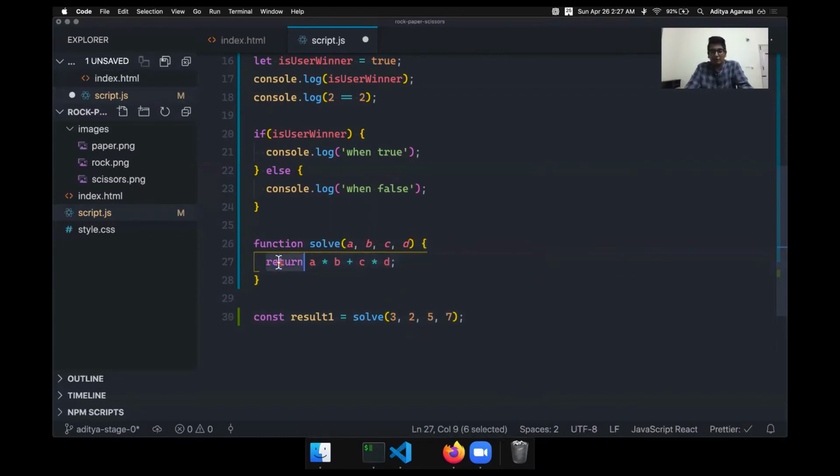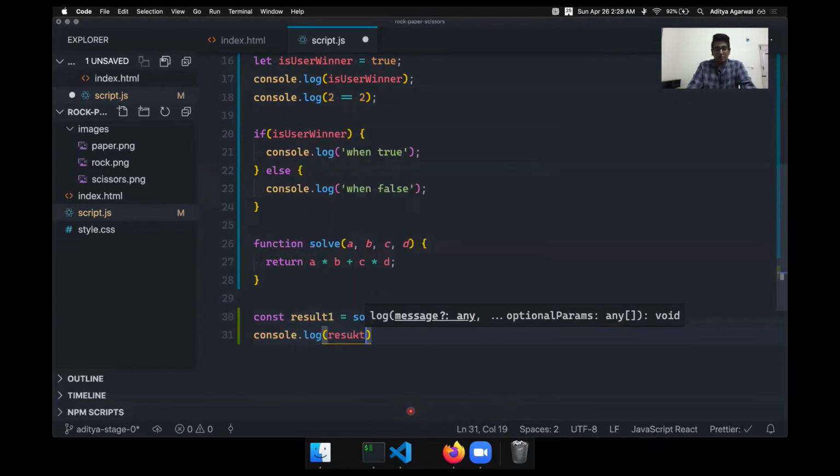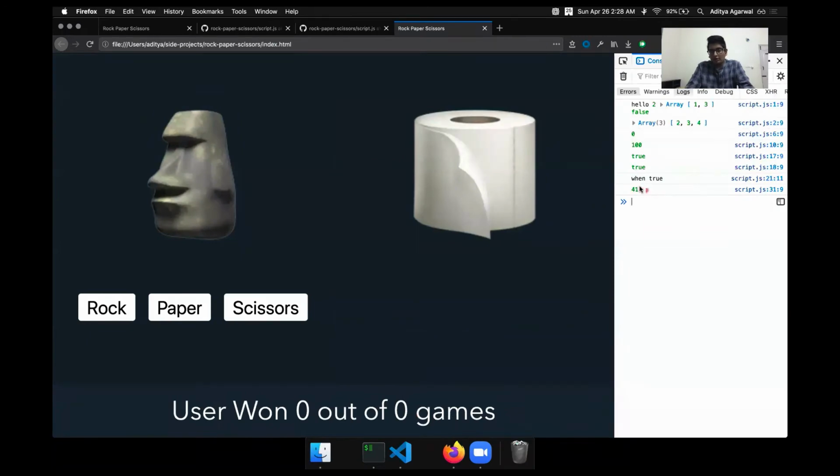Whatever the result is, this return will give that value. From this return, we'll jump to this line, and result1 will get whatever the result is. So let's console log result1. And as you can see, it is 41.